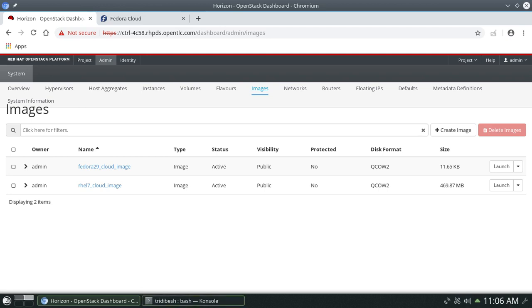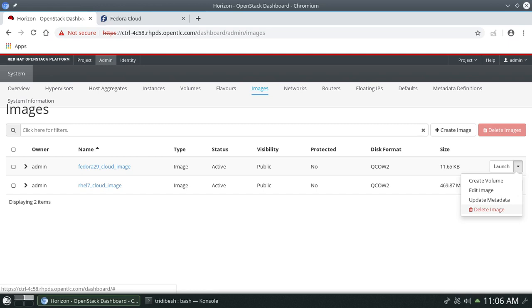So here one more thing to tell you, suppose you created the image and you don't want to have that image available anymore. What you can do in that situation, if you want to delete that image, you go back to your images page from your admin user, and then you click on this drop down and you click on delete image.